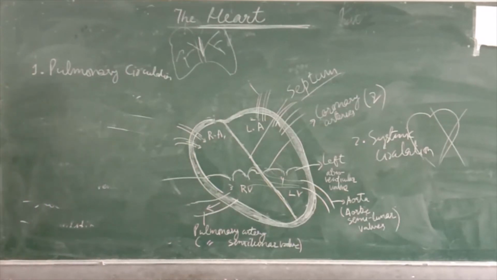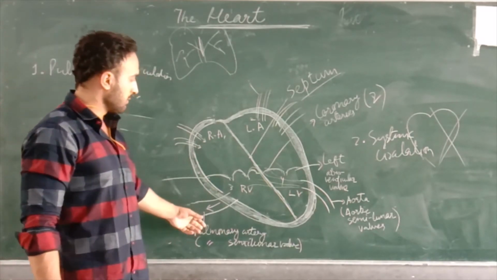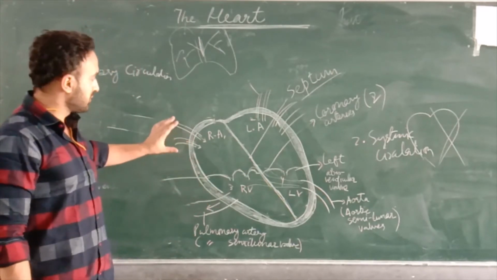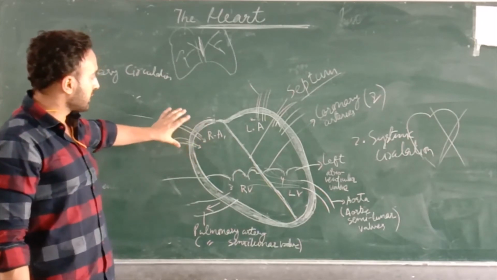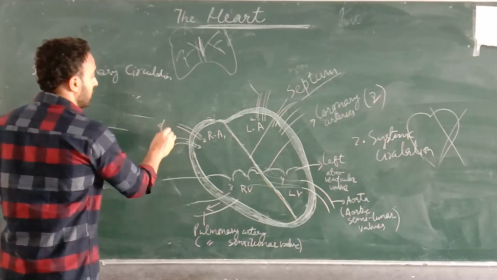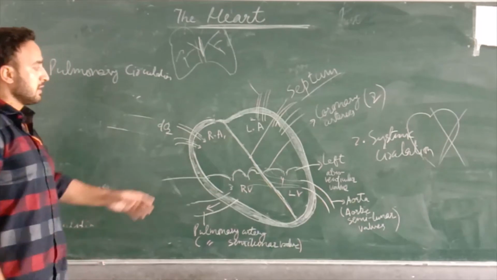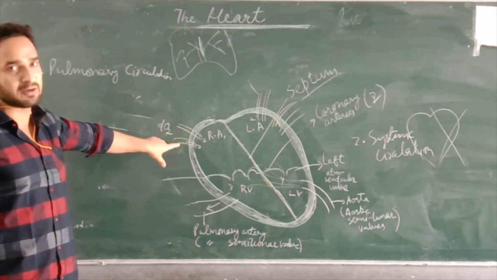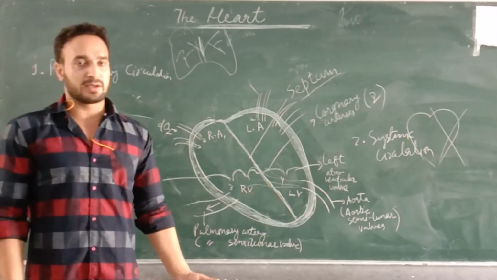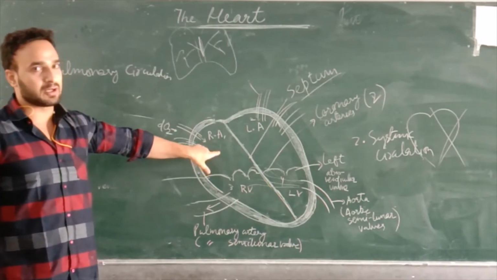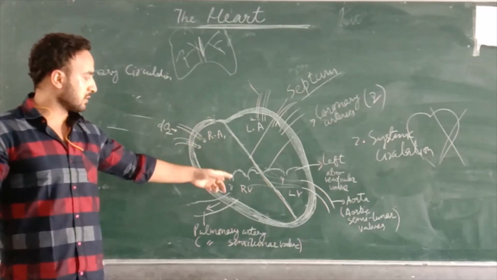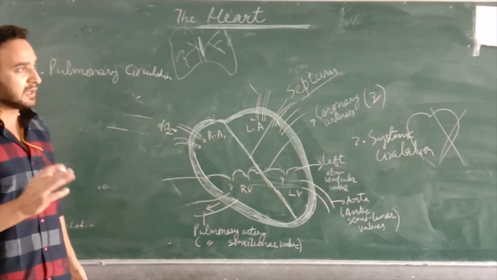What happens in the pulmonary circulation? This pulmonary artery starts from the right auricle. The right auricle receives the deoxygenated blood. I repeat, D for deoxygenated blood. This is the inferior vena cava and superior vena cava. They receive the deoxygenated blood from the different parts of the body, right? And they release this blood into the right auricle. And when both the auricles, right and left, contract, the blood is pushed to the right ventricle. Now, what happens in the right ventricle?